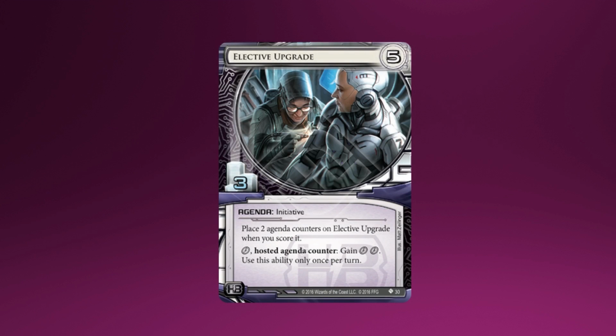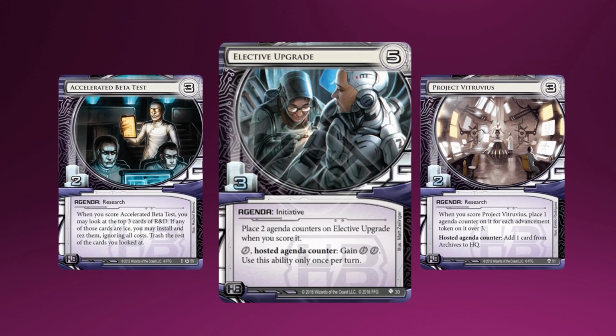This is a 5/3 HB agenda, and its ability basically gives you two Baltic labels, which can only be used once per turn. So when you look at this at first glance, the combo seems very obvious. Score this Elective Upgrade first, and then draw into an ABT and fast advance it, putting you on 5 points. Then draw into a Vitruvius, fast advance it, which puts you on 7 points, which immediately wins you the game. Yeah, it's a very